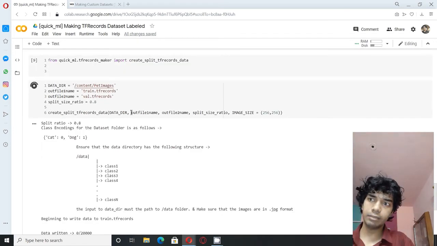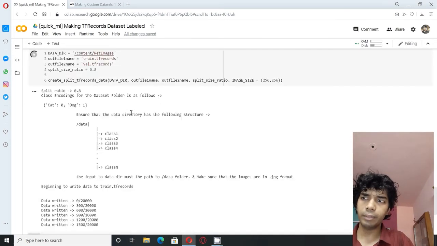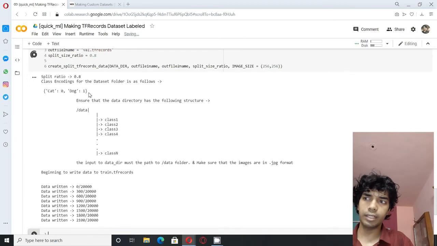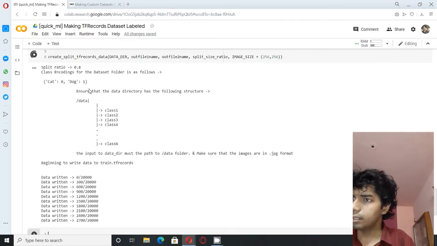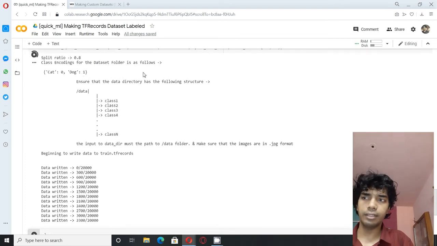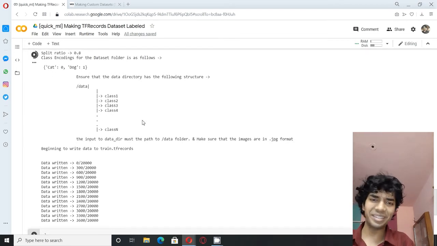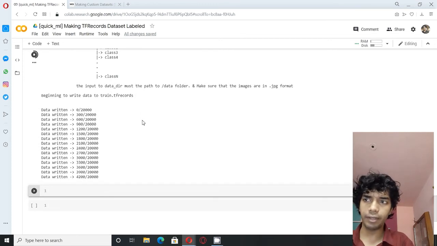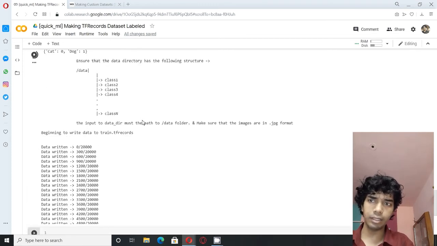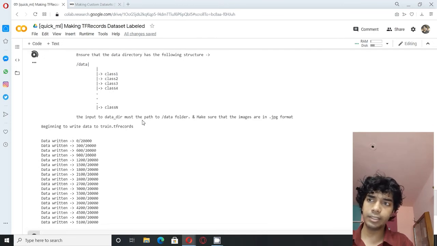The difference in this split is that you need not mention the labels, and you need not get the address, that is happening behind the scenes. The encoding is obtained, and the same warning appears to ensure the data is of the following format. You can check the progress of the file. Train TF records has this progress. After it is done, you will obtain a similar message to this.